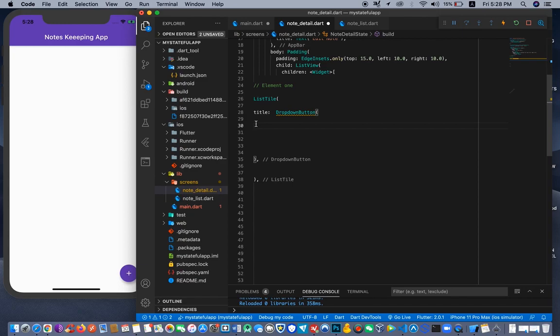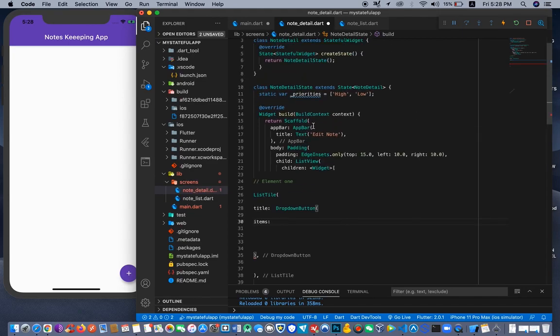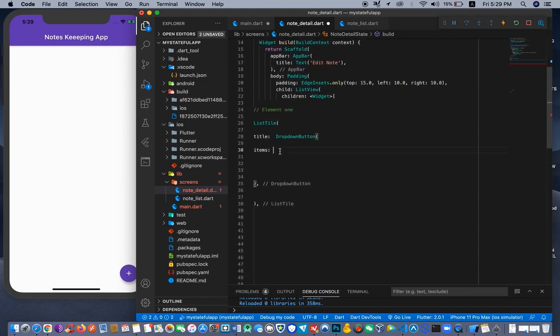Okay, inside the drop down, we will have items, and that items will be our variable values pulled in here. So we're going to make use of this. So this variable will be appended to the map function. Okay, map function, and inside the map function, we're going to have a return type of a string